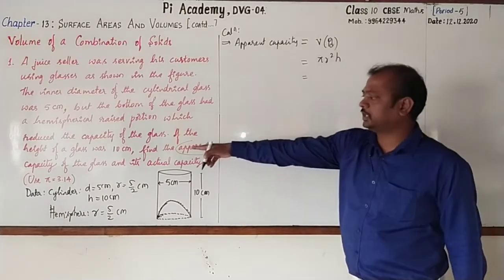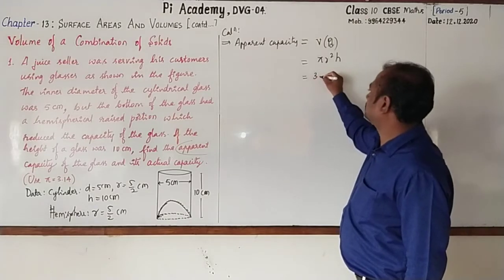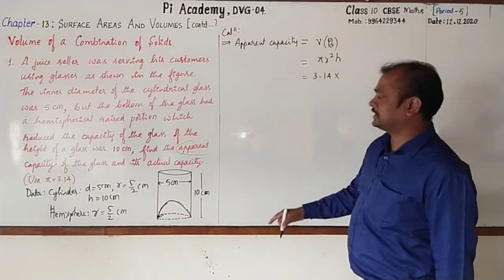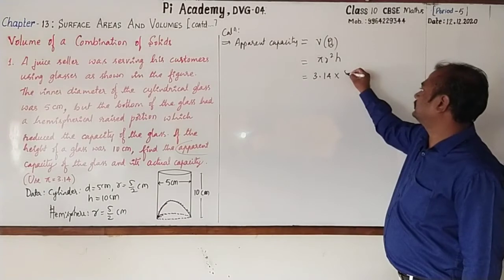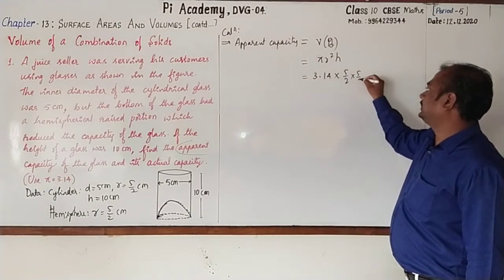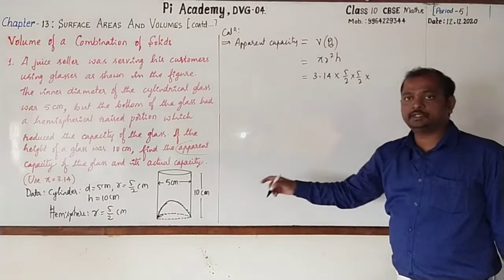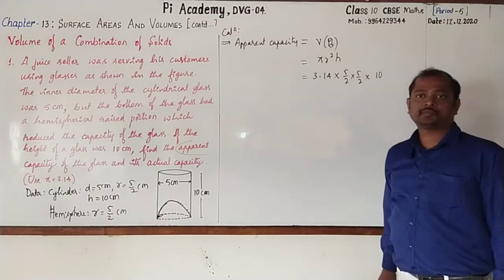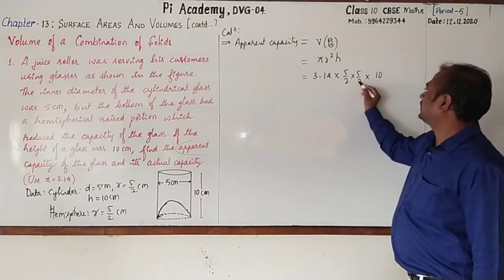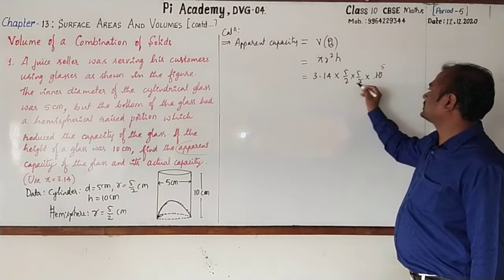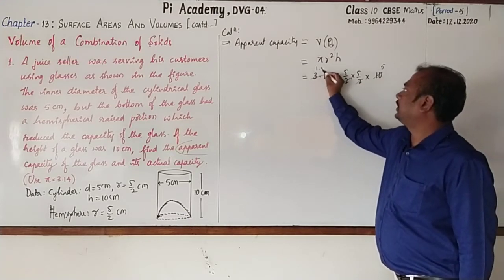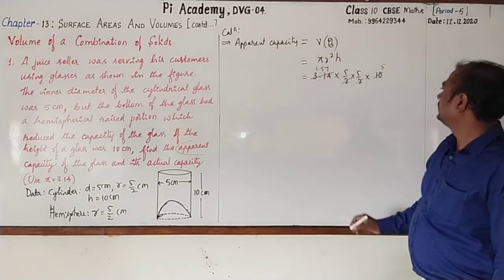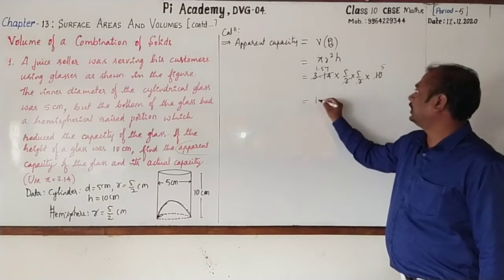Where pi is, they have given, 3.14. Radius is 5 by 2. As it is square, I will write it one more time. And height is 10. Followed? Now cancel it. 1s are 5s are, 1s are 1.57s are. Now this is equal to 1.57